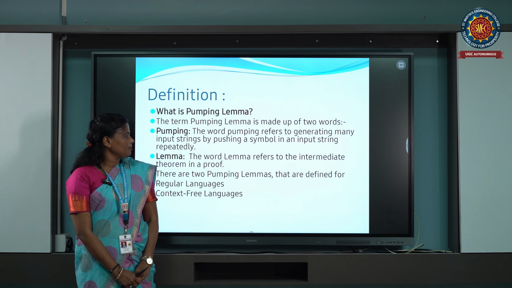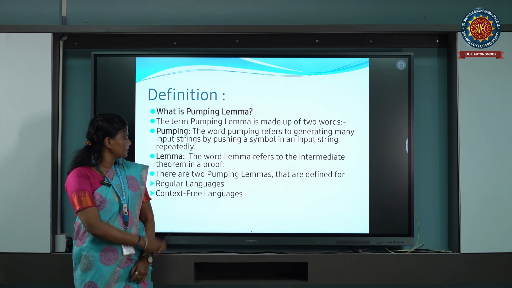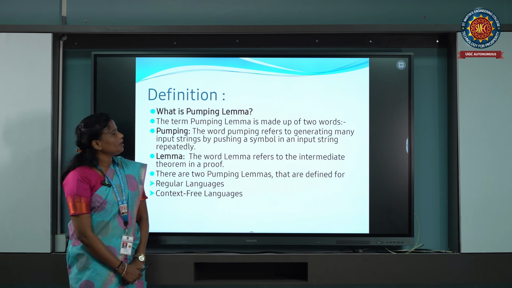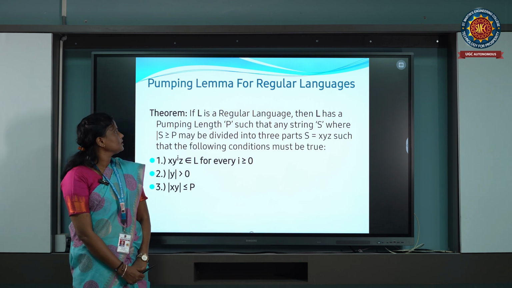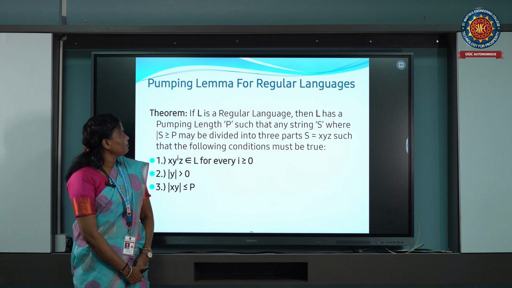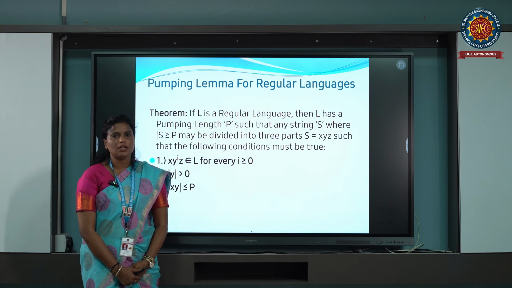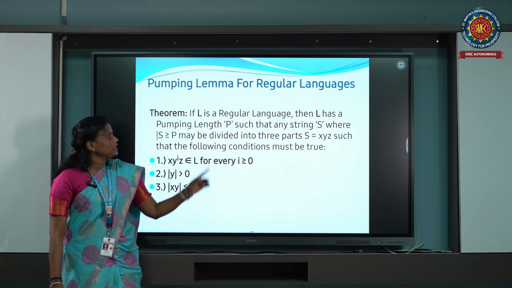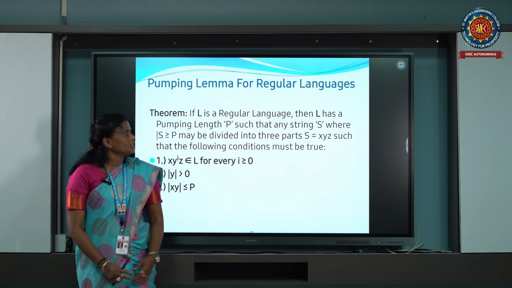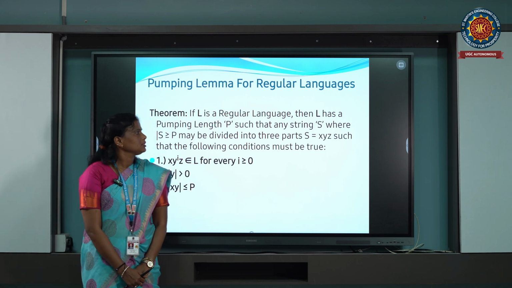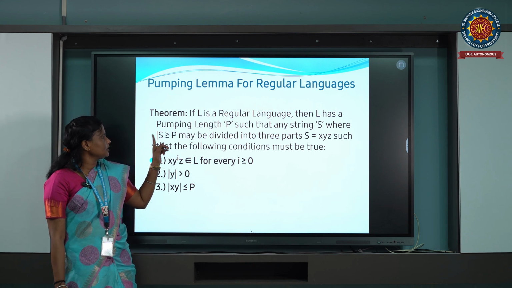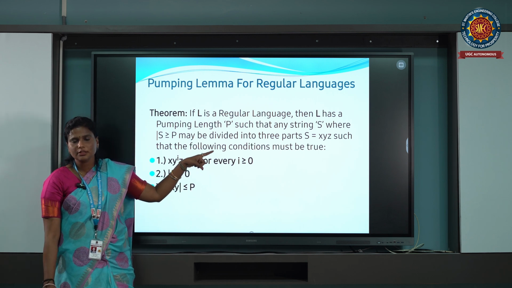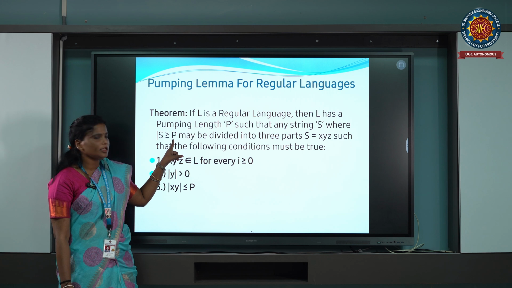There are two types of pumping lemmas for languages, that is, for regular languages and context-free languages. Let's discuss the pumping lemma for regular languages. The theorem is: if L is a regular language, then L has a pumping length P. Here we take the pumping length P such that any string S whose length is greater than or equal to P,